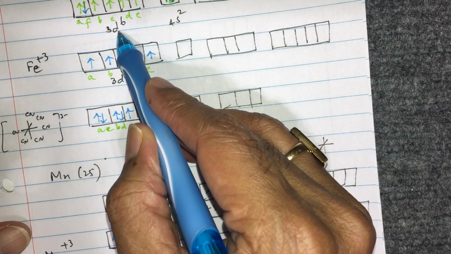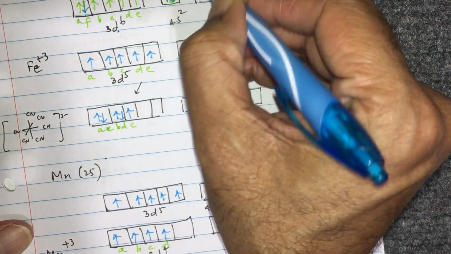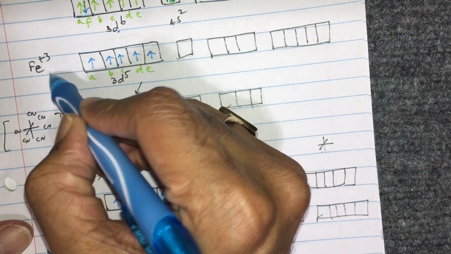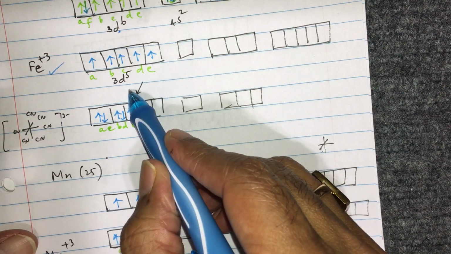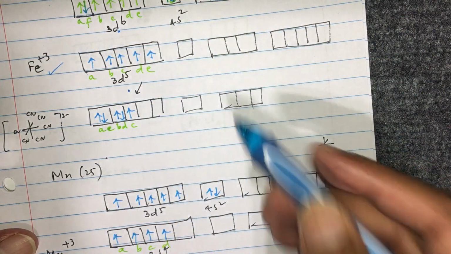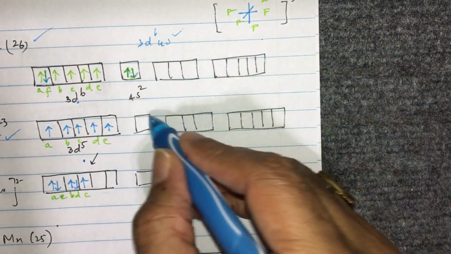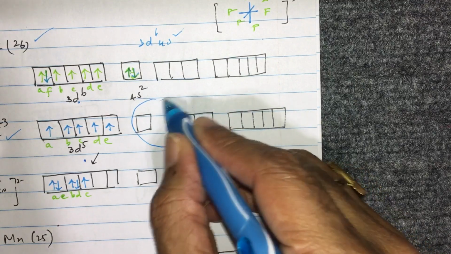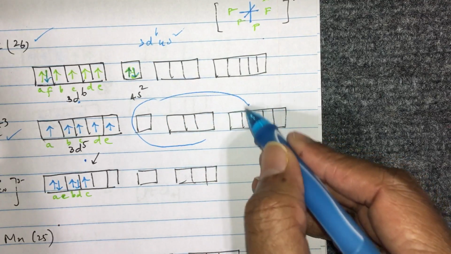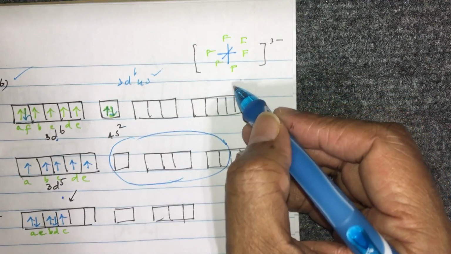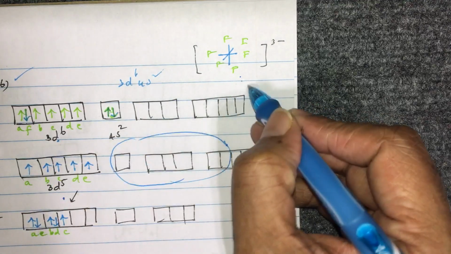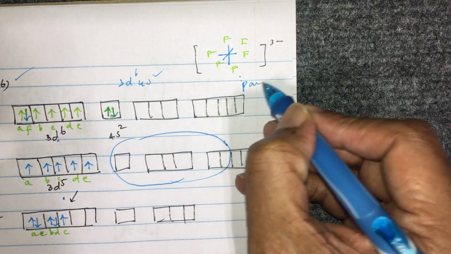Let us also see some other example. Iron, atomic number 26, is 3d6 4s2 as per our previous video. Iron plus 3 has 3d5 configuration. Now if I am using a weak field ligand like fluoride ions, they don't influence this configuration, so I can get again this sp3d2. This is an octahedral complex, all the 5 unpaired electrons are intact, so it is paramagnetic due